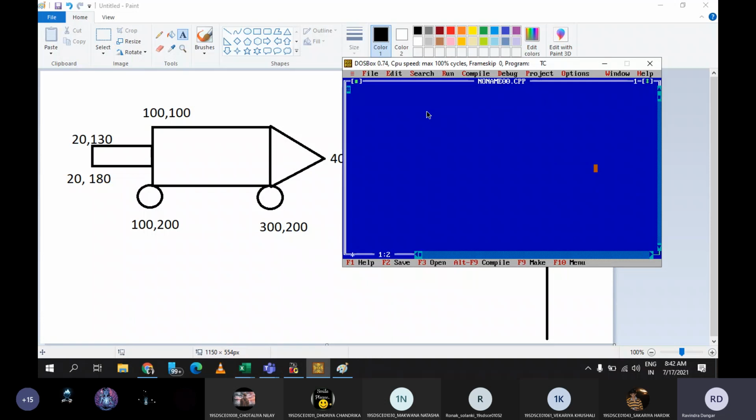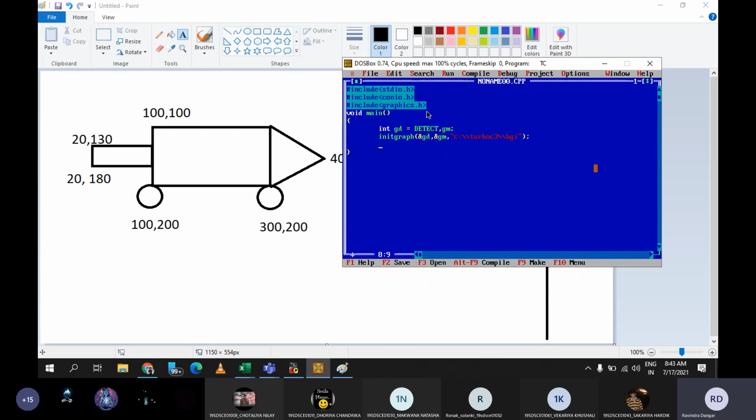Let me include the header files. Turbo C3 and BGL.